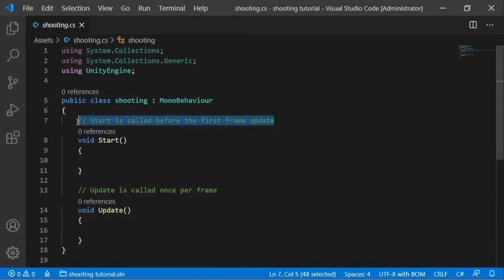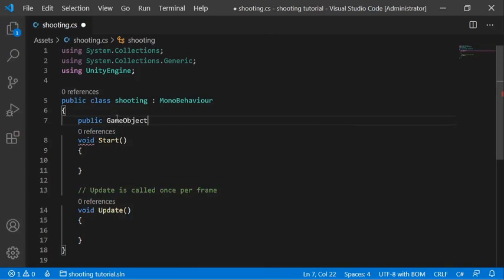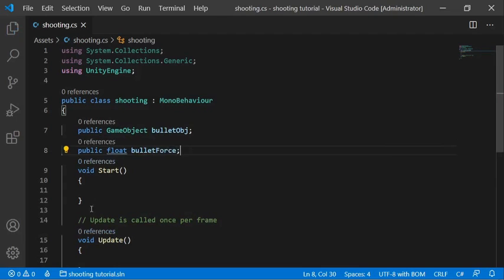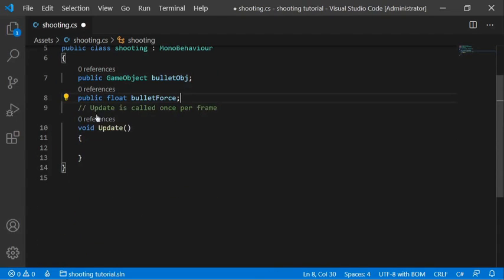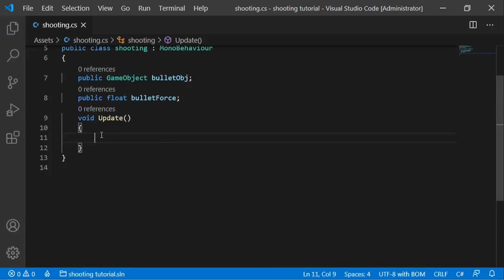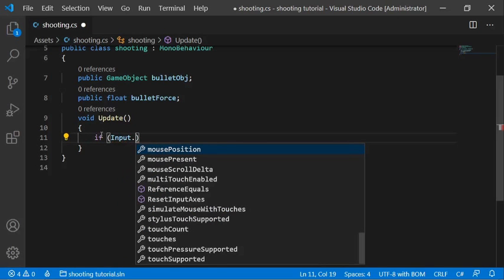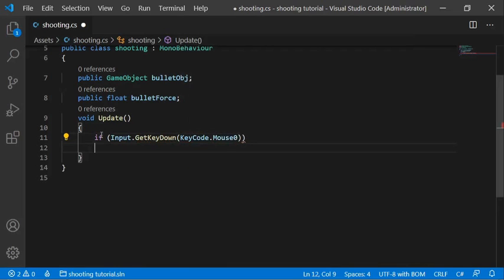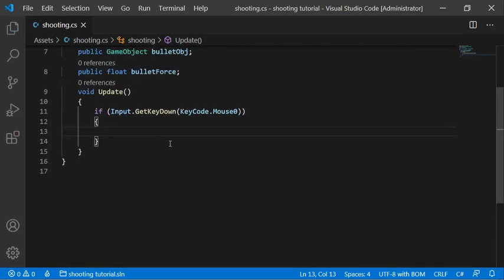We'll need two variables: GameObject bulletObject, and also bulletForce. I can get rid of the Start method, and in the Update we have to check if the mouse is clicked, or any other key if you want, but I will go with the mouse. Input.GetKeyDown(KeyCode.Mouse0), and whenever it is clicked we have to make a variable